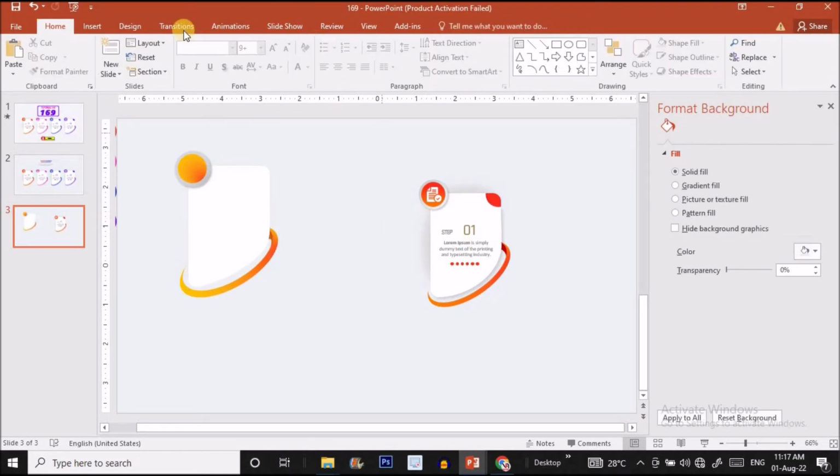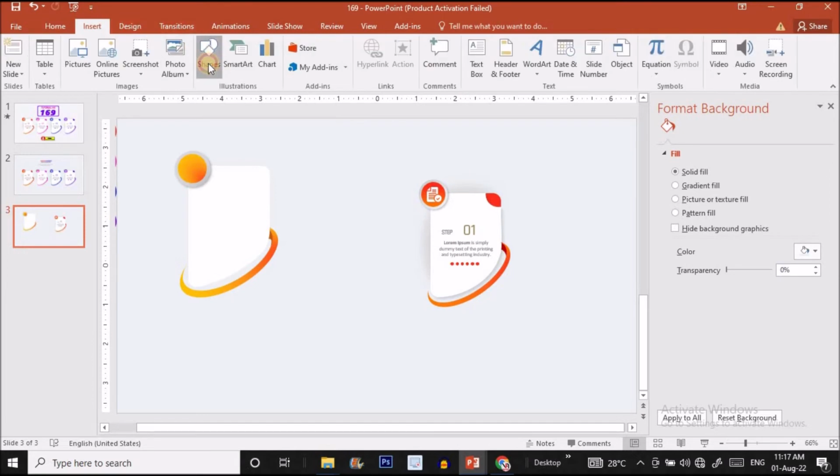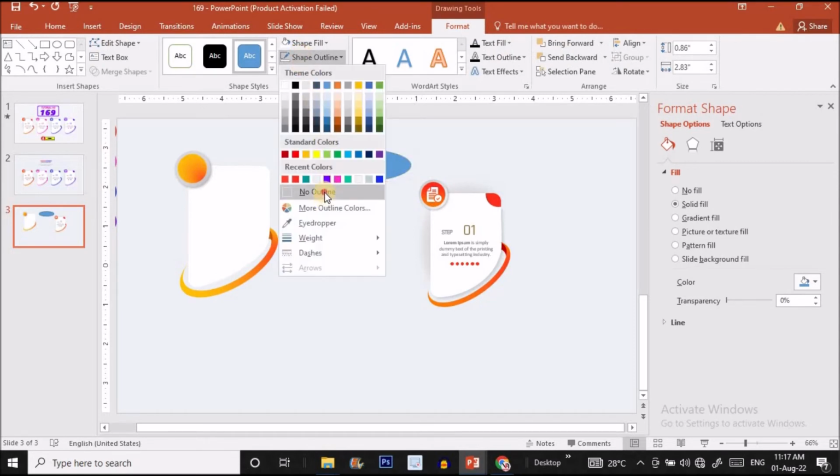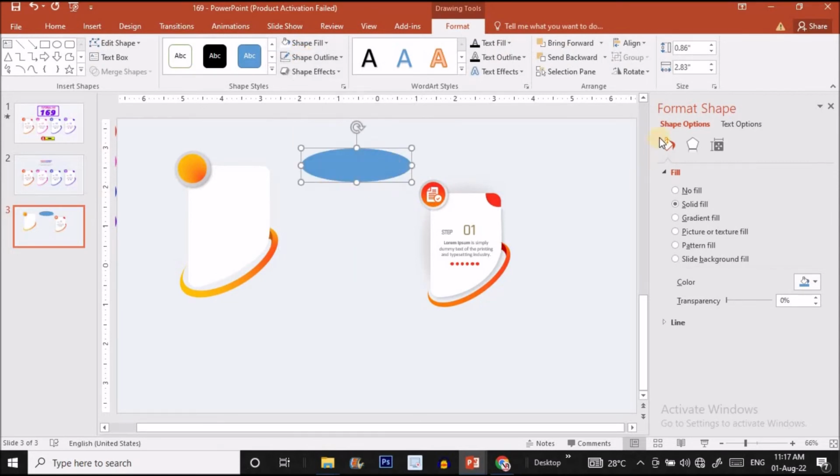You can see a shadow effect over here. So to create a shadow effect I'm going to choose an oval shape option from here and drag it like this, make it no outline, choose the no outline option, and inside the format shape option you will choose